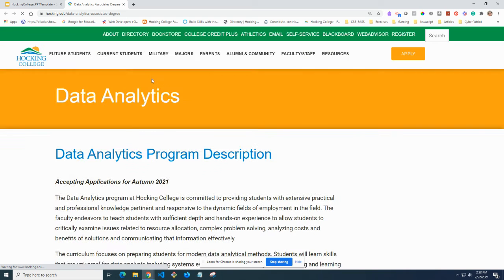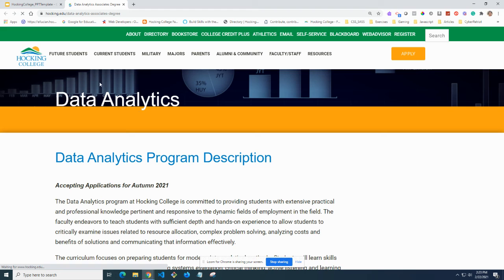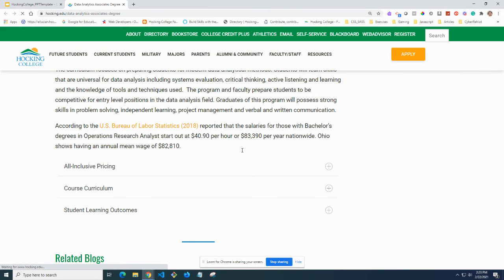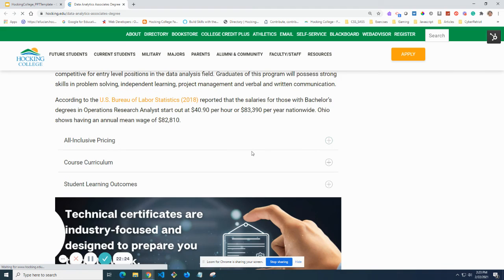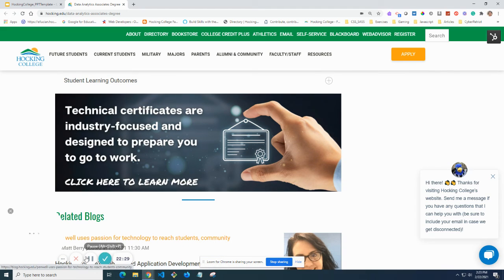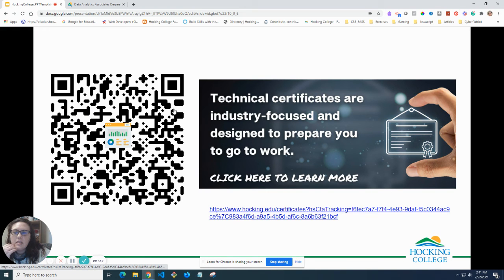This will take you to the page for our data analytics program, and it gives you some more information. Also, if you click on here,